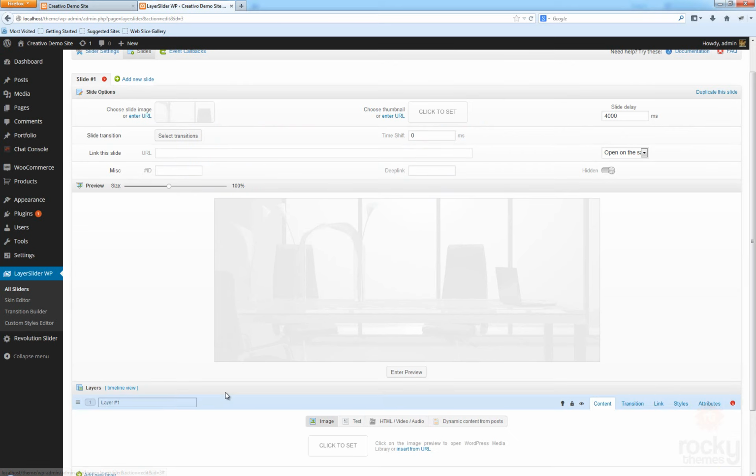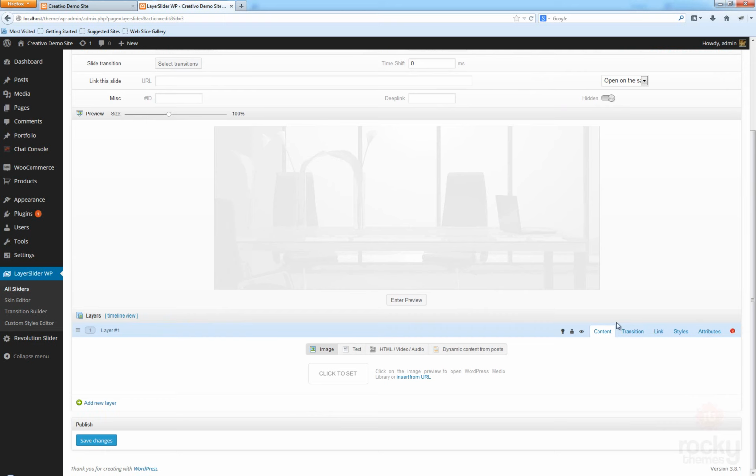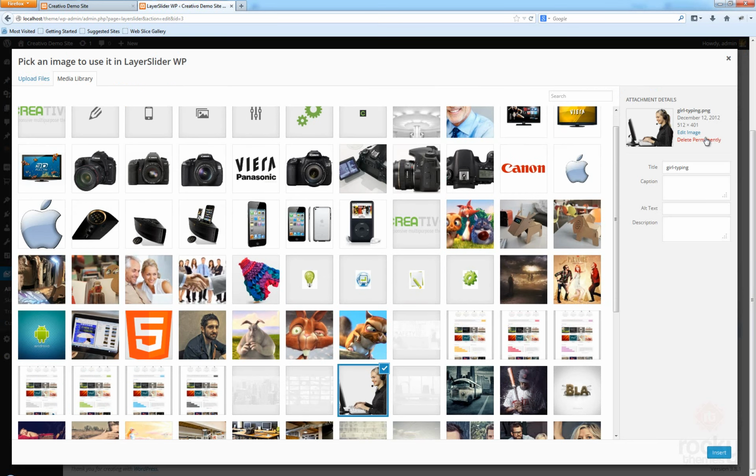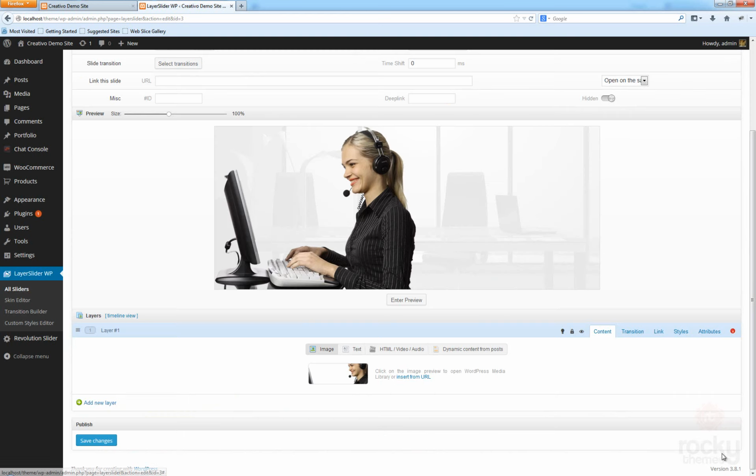So click on add new layer. The first element is going to be a picture element. So you can select from 4 different types of layer. For this layer, I'm going to use the image element. Okay, so click the set button, and I'm going to select this image here, which is called girl typing PNG file. Click on insert,